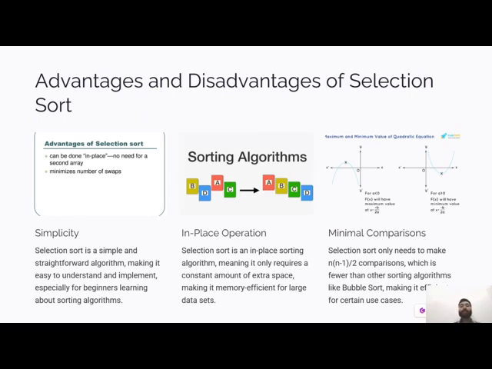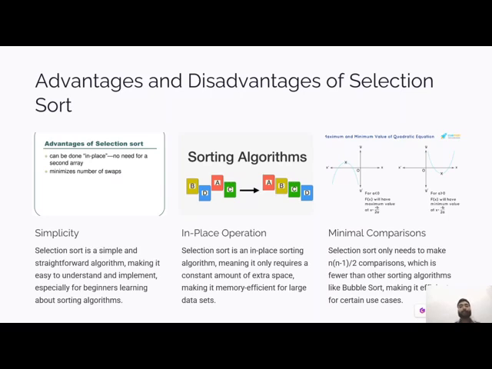Advantages and disadvantages of selection sort. First of all, what is the advantage of selection sort? It can be done in place, no need for a second array. It minimizes the number of swaps. It has simplicity. That means selection sort is a simple and straightforward algorithm, making it easy to understand and implement, especially for beginners